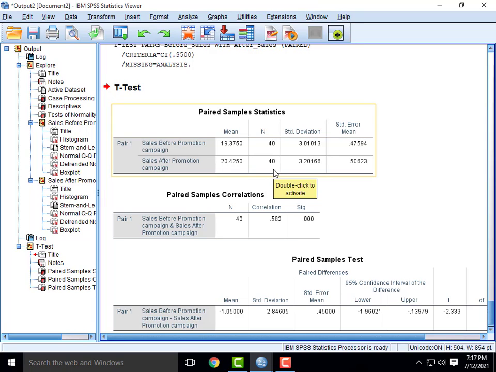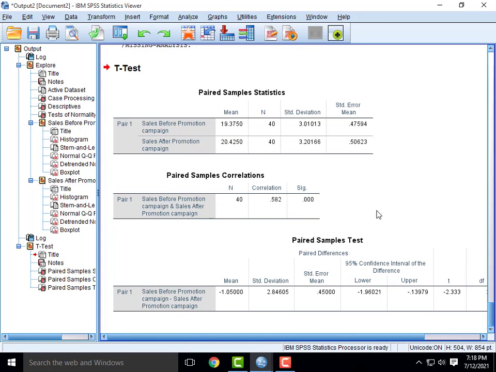Now the sales before the promotion campaign, the mean value is 19.3750. Sales after the promotion campaign is 20.4250. N is 40 each, with the standard deviation and standard error. Now the correlation between before and after sales is 0.582.